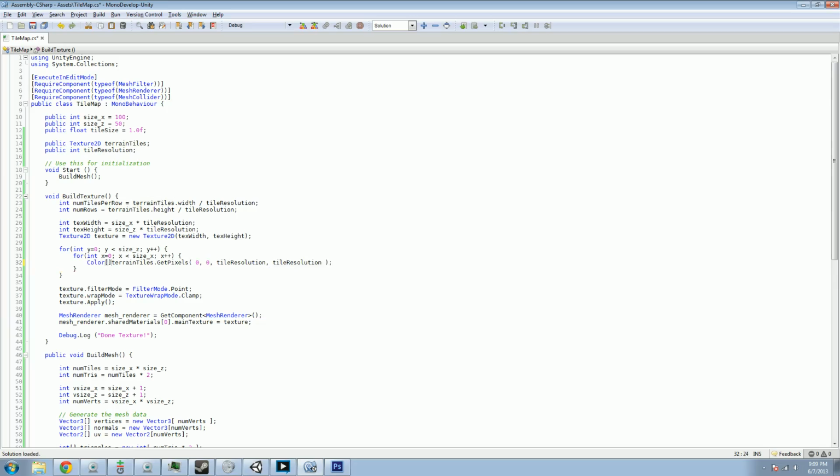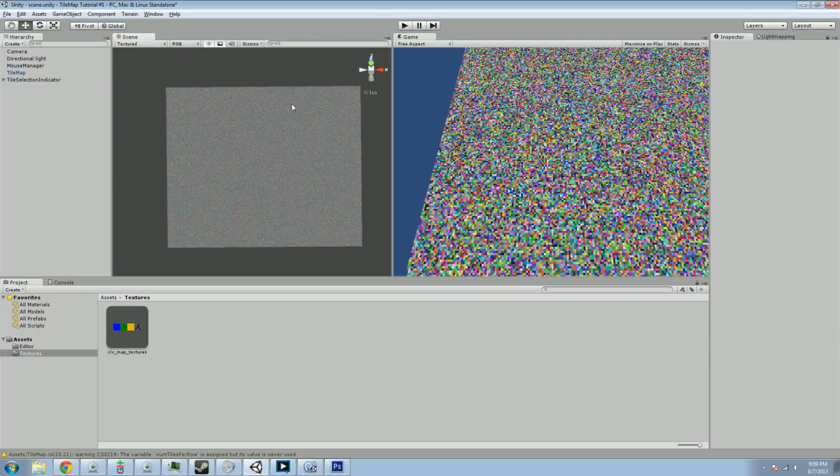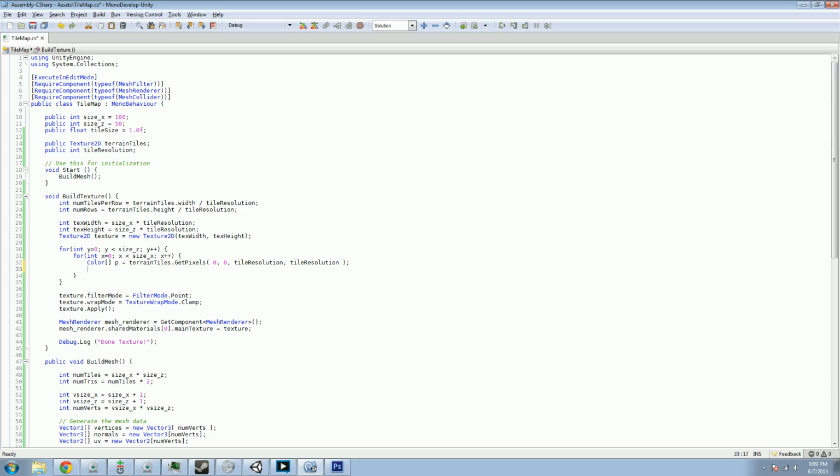Well, they're actually an array of colors, unless I'm mistaken. But I'm pretty sure I'm remembering this correctly. Yes, it returns an array of colors. So we're going to store that in P, and then we are going to apply that to our actual texture over here. So our actual texture, which right now is this object here, we're going to set pixels, which we